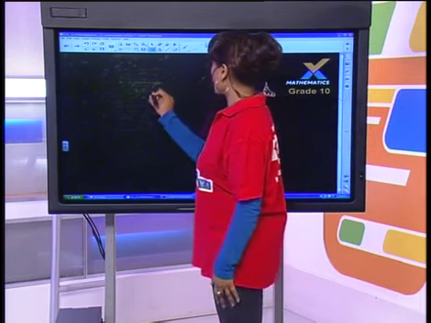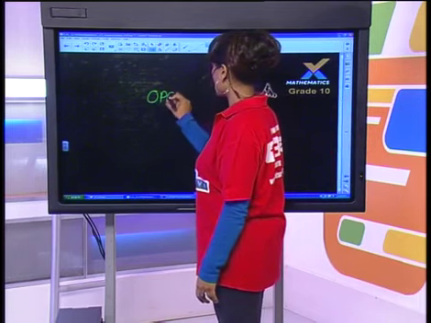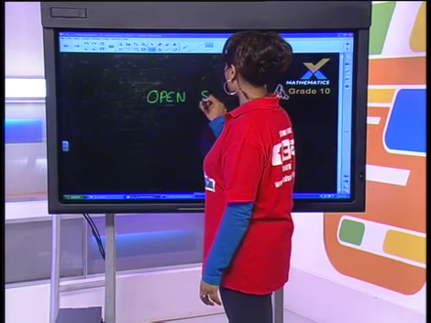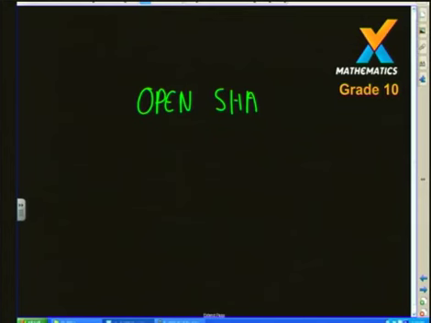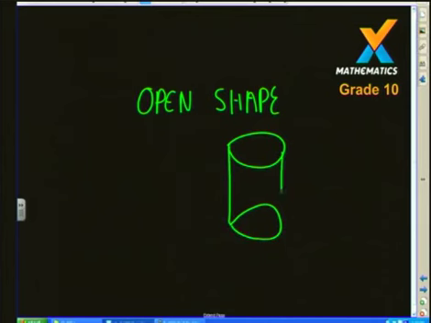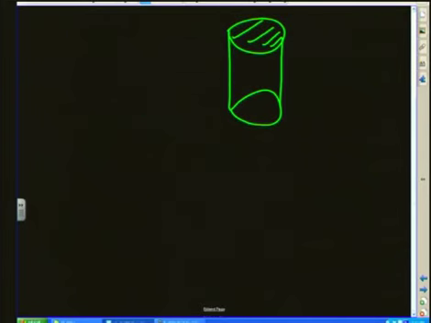If you're looking at an open shape, so as he said, where there's no top, an open, uncovered shape. So if we're looking at a cylinder, which was the last question, and the top part here is actually missing. So you need to cover this shape, but there's no top, so you're not going to waste any material on the top part there. Then your total surface area formula becomes area of the base